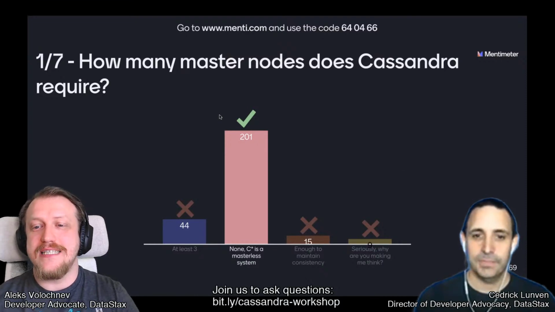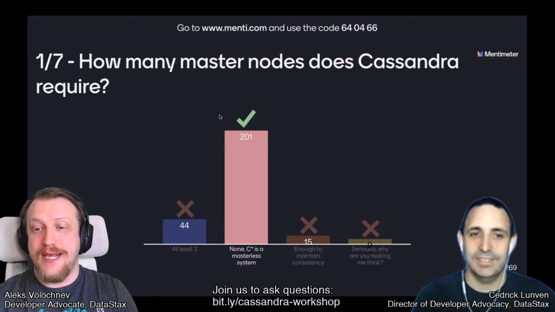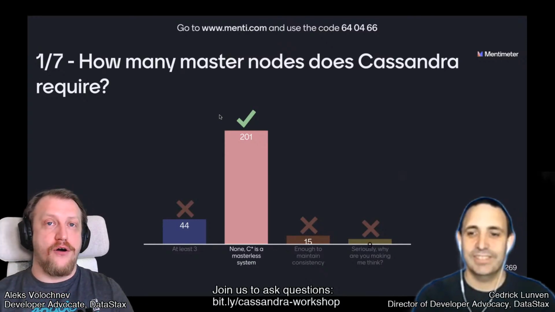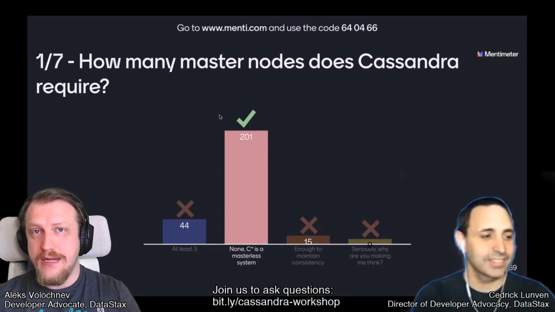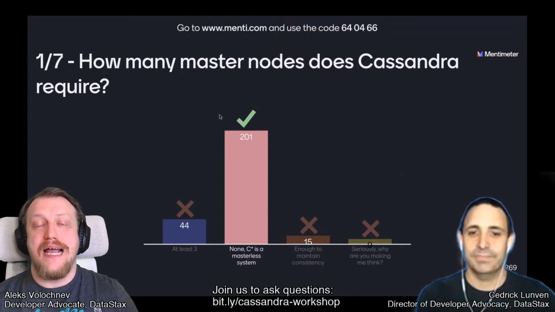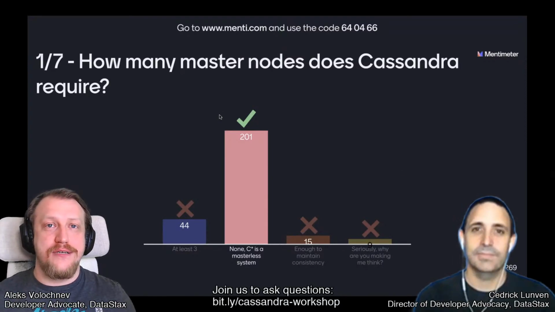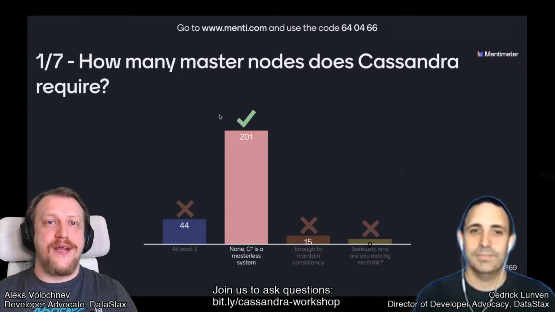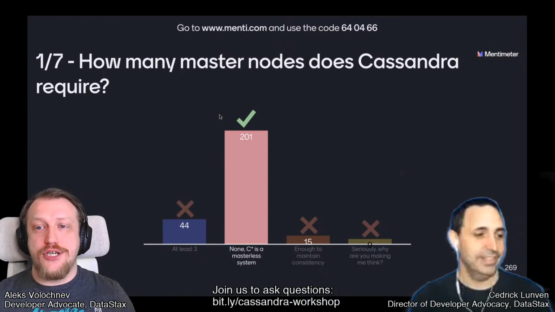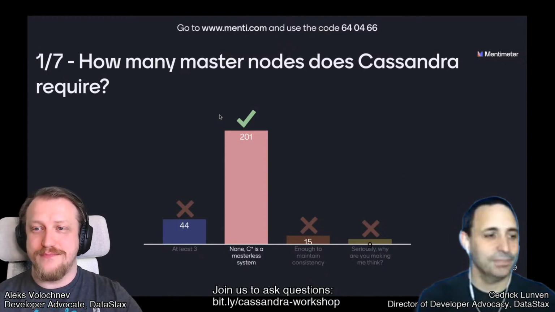People, notice, I see 44 people answered at least 3, which is not a correct answer. The number 3 we were talking about is the replication factor and replica nodes, and you may have as many replica nodes as you want: 1, 3, 5, 7, 100. We recommend having 3 or 5. But still, it has no relation to master nodes. Those are replica nodes. Let's move on.